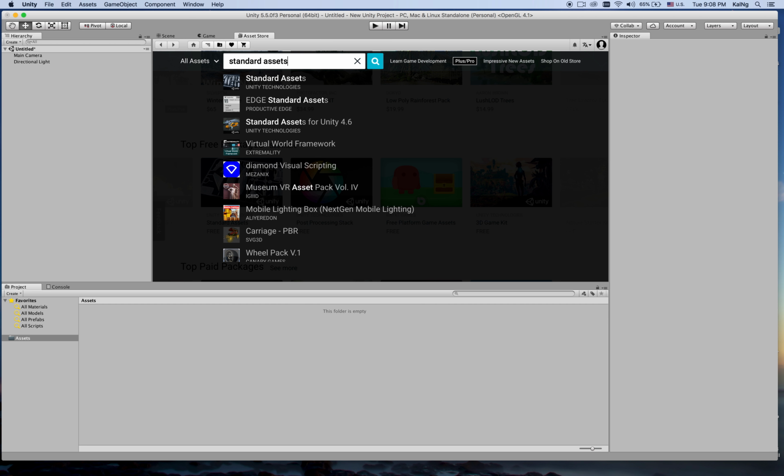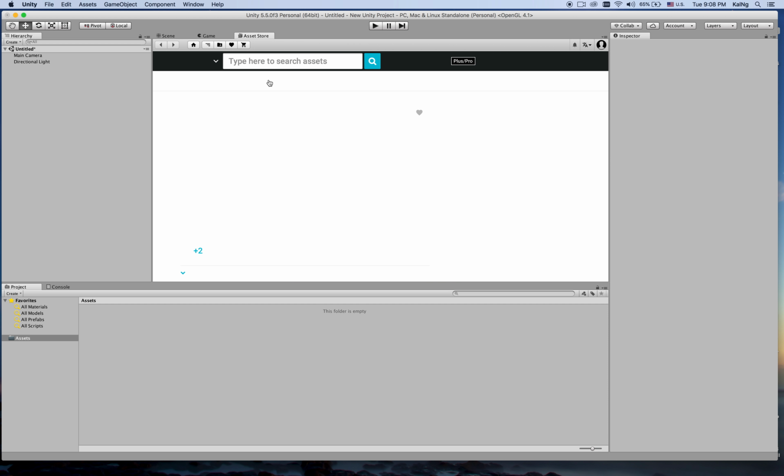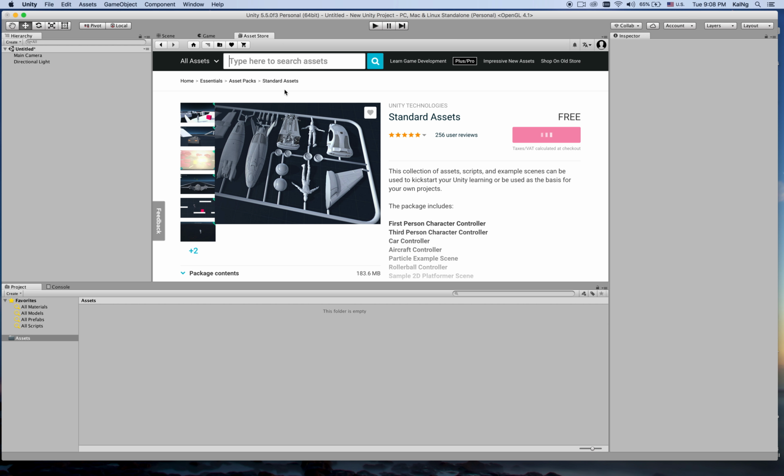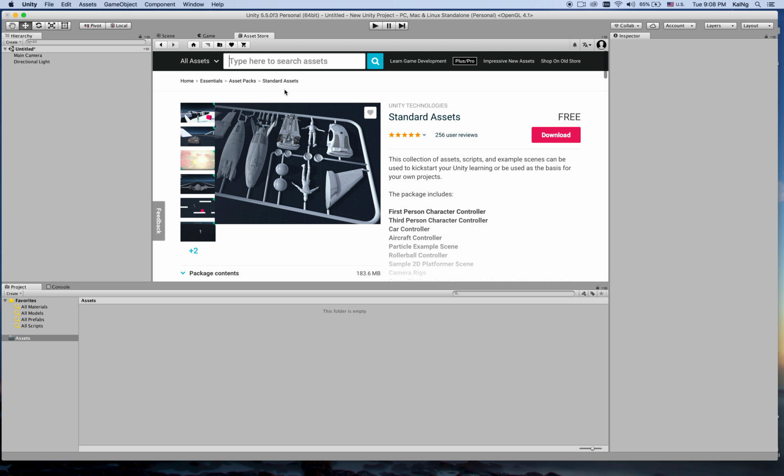Okay, and for any particular installed version of Unity, you can install with the standard assets together, right? But if you don't have it, you can always search for the standard assets in the Asset Store, and it's always for free, right? Basically, Unity gives you a basic set of items to start your game or your virtual